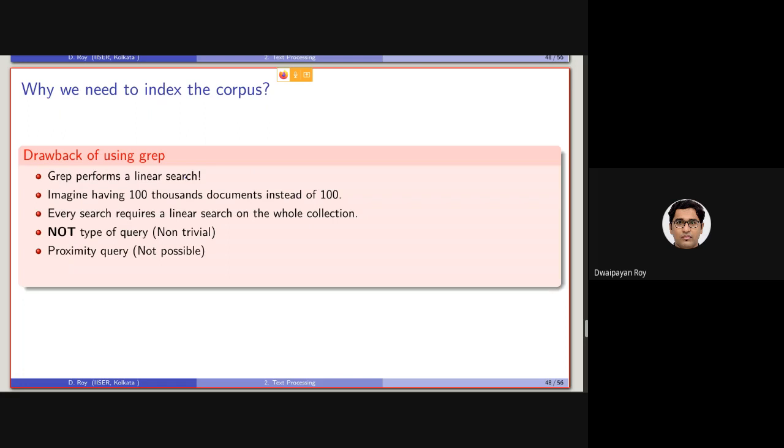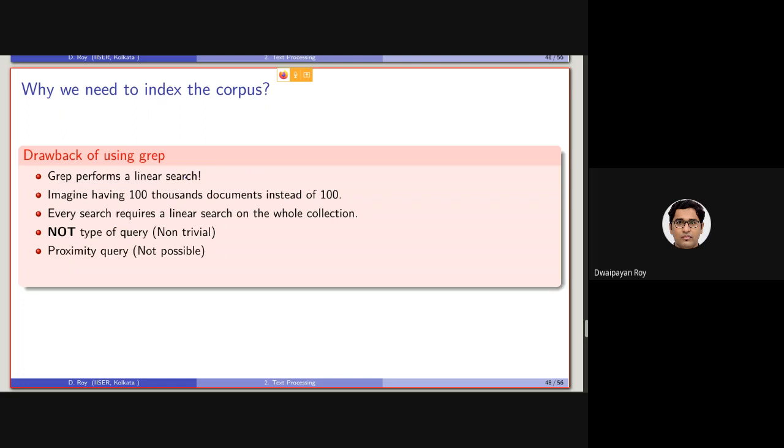Another limitation of grepping is regarding applying proximity queries. Proximity query in the sense, if we want to check the presence of certain terms together, or one term after another, this kind of proximity query is not possible using grep.